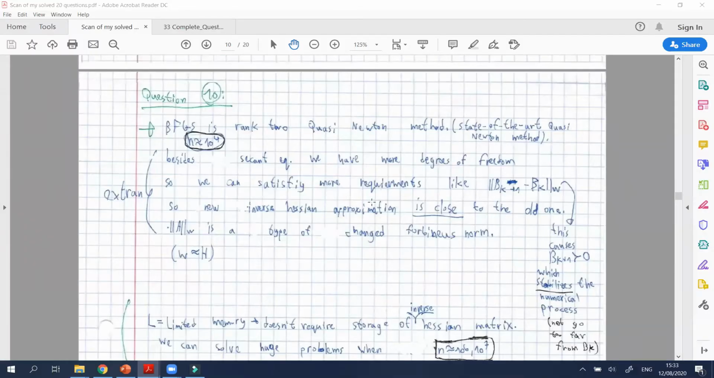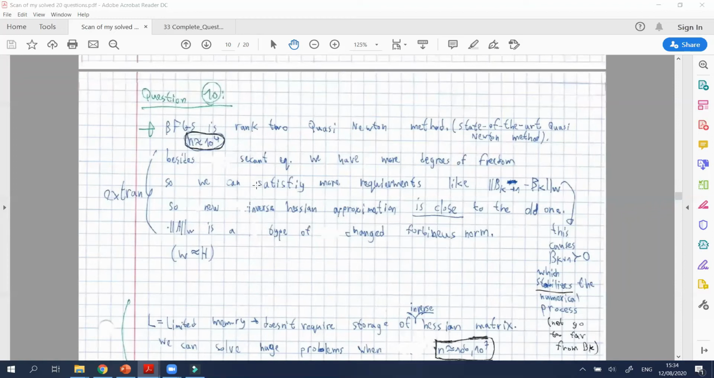So hold on to your pens. We've arrived at question number 10. We will now explain the idea behind the L-BFGS method. This is an idea. The BFGS method is the Rank-2 Quasi-Newton method. This is a remark regarding the last question we have just seen. And just as an idea, for a Rank-2